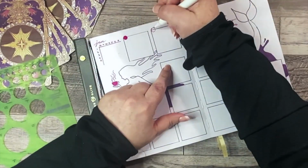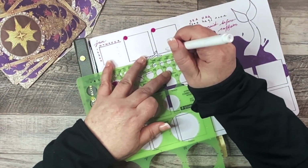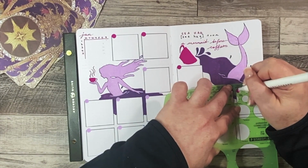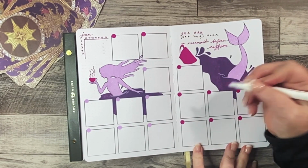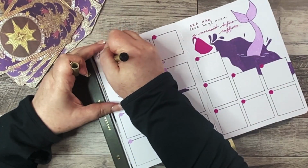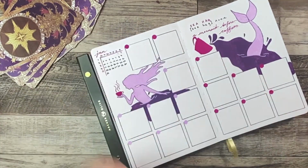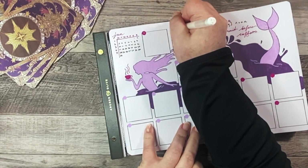sea hag, and the definition of that is a mermaid before her coffee. And for the date headers, I am using this Staedtler circle template. It is not the prettiest of colors, but I love this tool. It was the very first purchase I made in regard to stencils when I started bullet journaling, and I have been grateful ever since. It is time to get the date headers in place for these weeks,